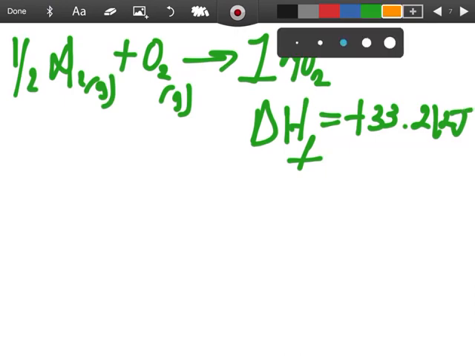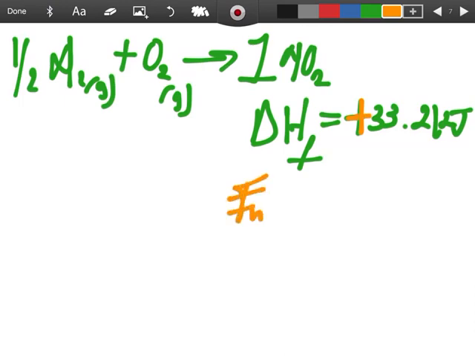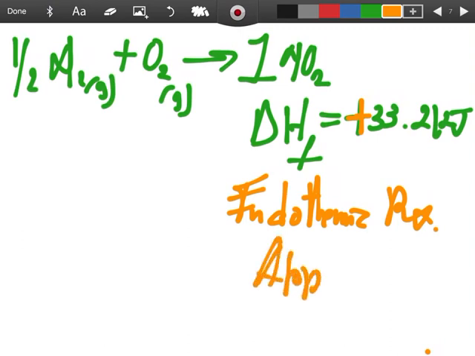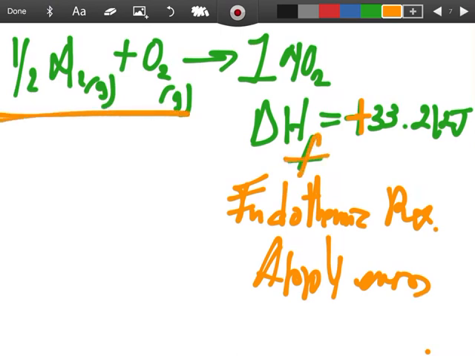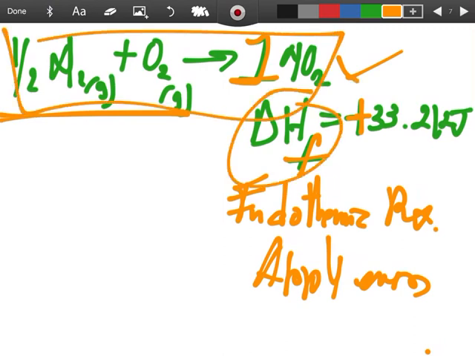Meaning that since this is positive, it is an endothermic reaction. Very well. That means that I need to apply energy to the system. To which system? To this system. And I can talk about a formation, because here the coefficient is 1. So yes, excellent. Everything checks. This is good. Perfect. We can talk about the enthalpy of formation for this reaction because everything has been set and referred to a 1